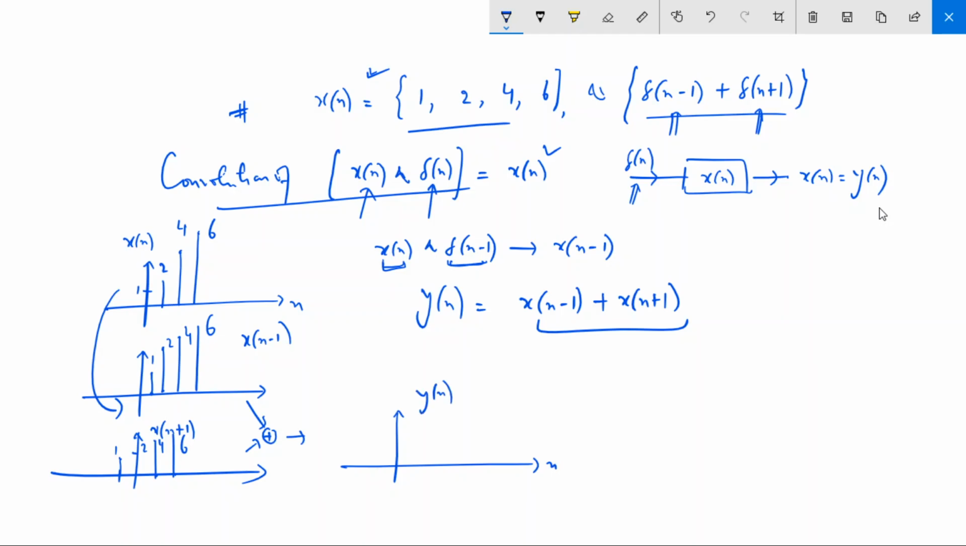y of n. Okay, so y of n will be at -1 it will be 1, because at -1 this is 0, at 0 it is 2, it is at 0 this is 0, so at 0 your output will be 2, at 1 it is 4, it is 1, so 1 plus 4 it will become 5. Similarly at 2 it is 6, it is 4, so 6 plus 4 you will get 10, then at n is equal to 3,